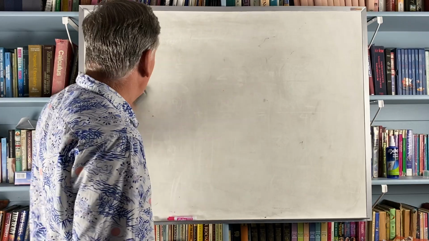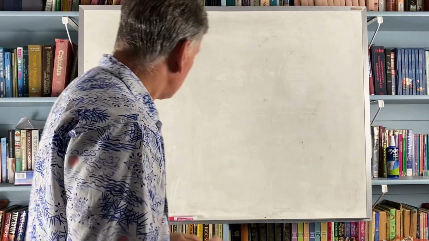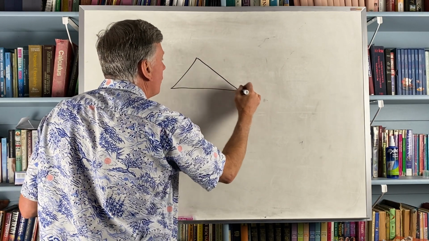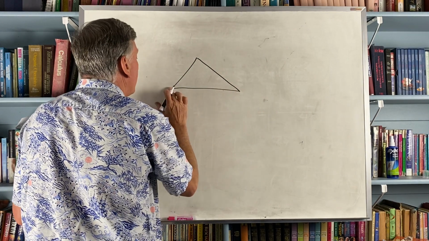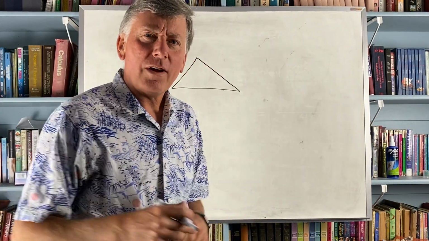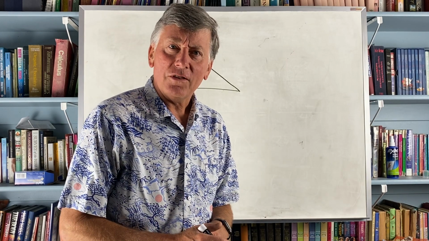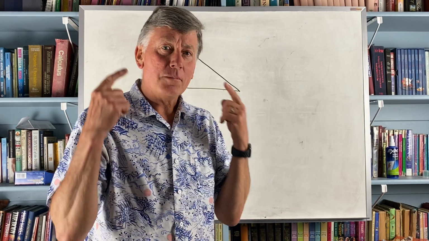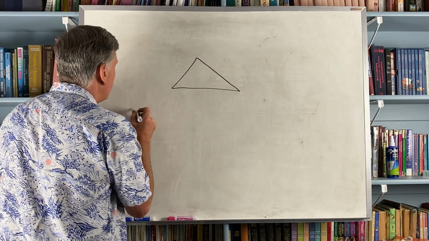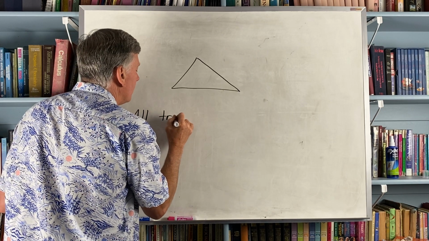Now I wanted to talk real quick about triangles. Your book talks about triangles, and it talks about obtuse triangles and acute triangles, and it has all kinds of names and things to memorize. The best mathematics is not done by memorization. The best mathematics is done by thinking. And I want to say that your book says that all triangles